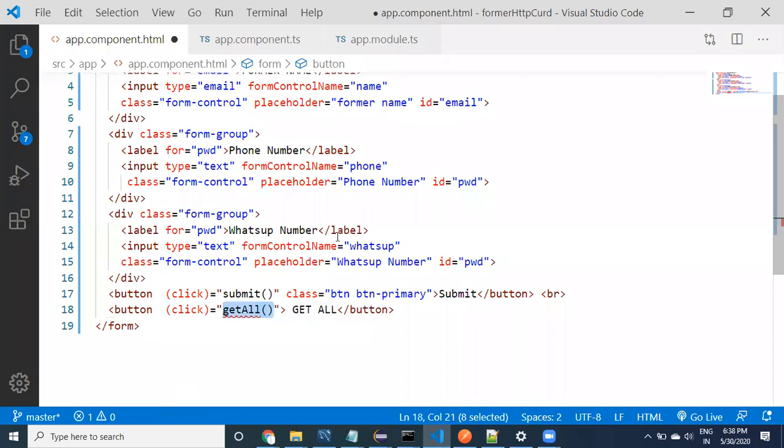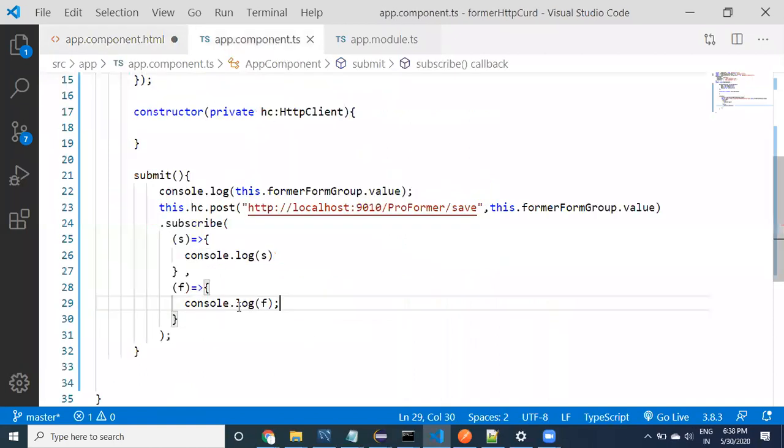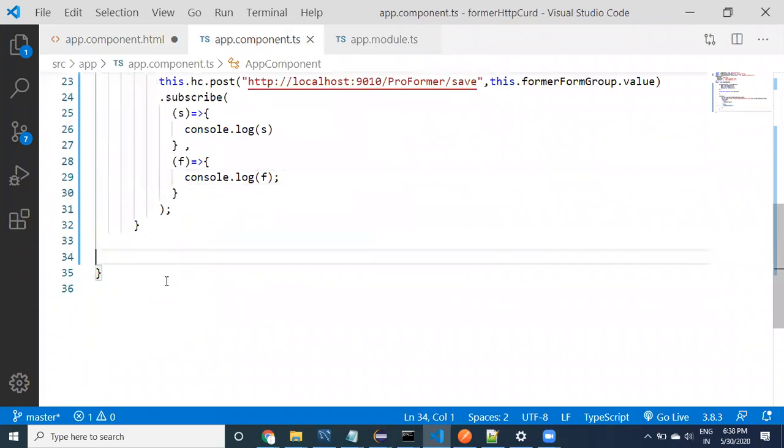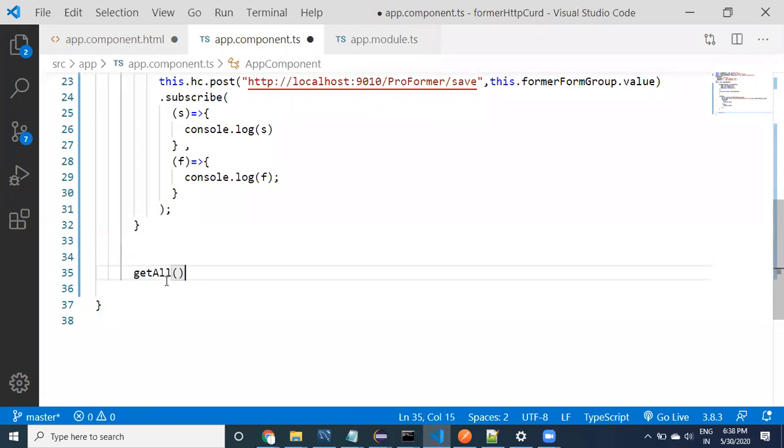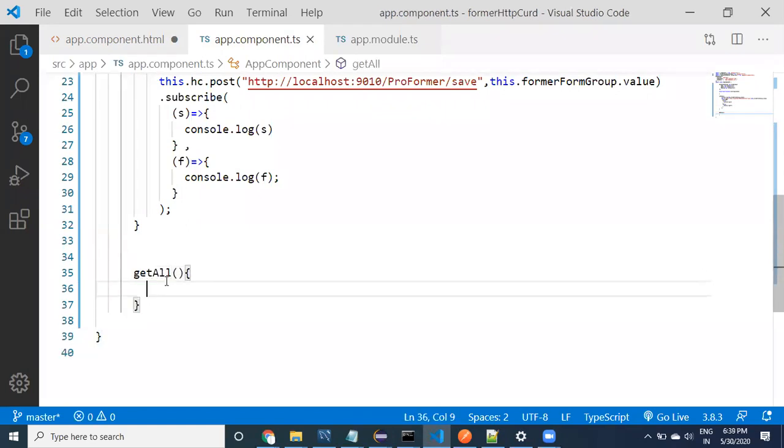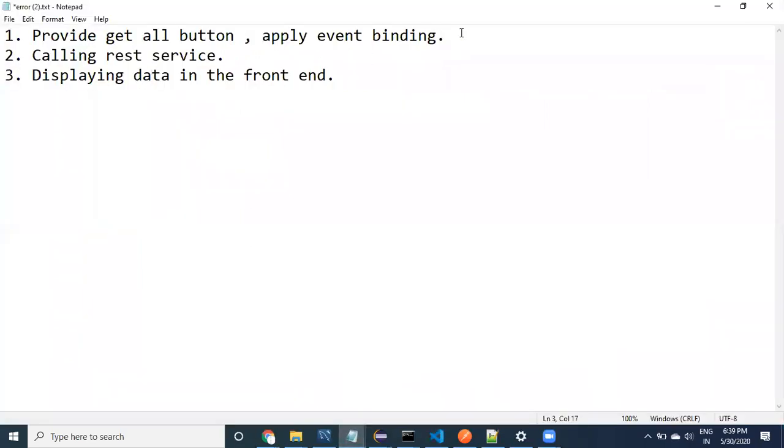This method is not available right now, so go here and provide it within the class. You need to write it before the ending of the class. See here, guys, just until here, this is the first step I wanted to complete. Yes, I have completed this one.